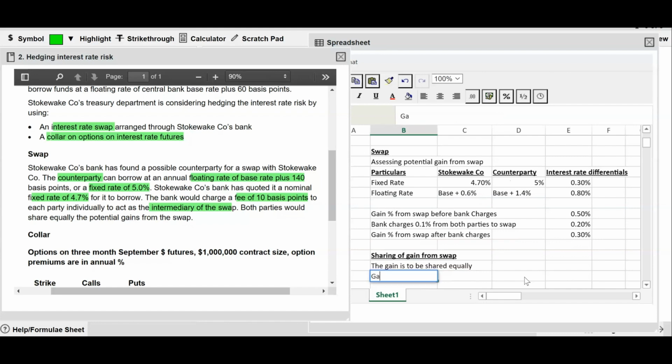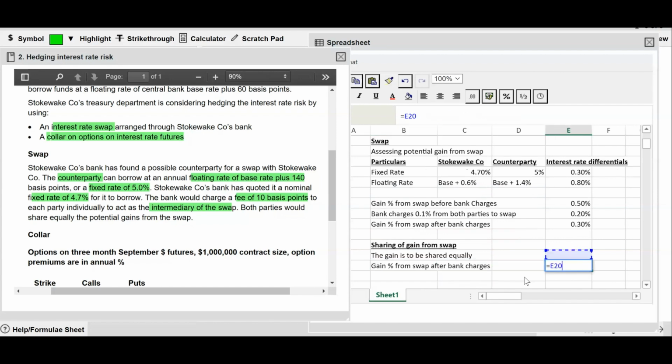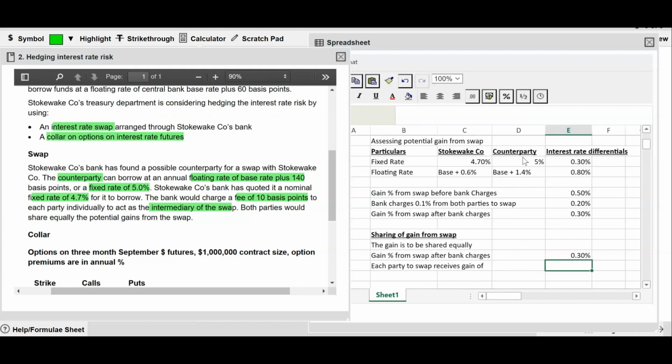And if that is the case, gain percentage from swap after bank charges is 0.3 percentage. So if we share it equally, each party to swap receives gain of how much? Half of this, divided by 2, so that happens to be